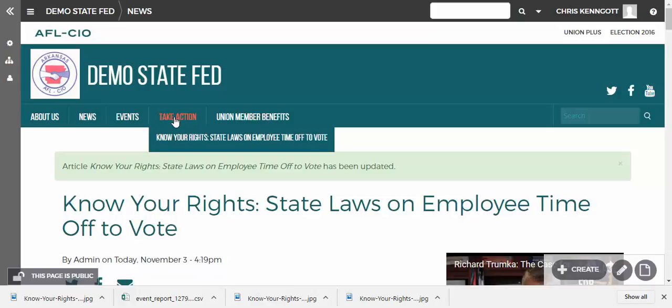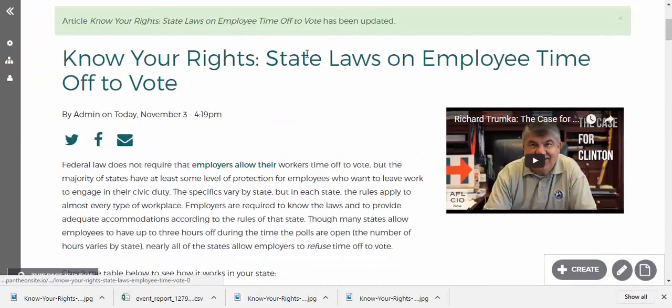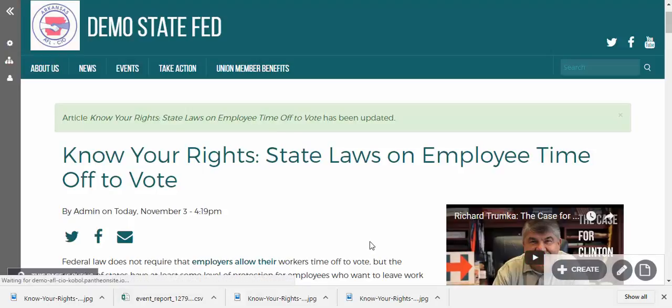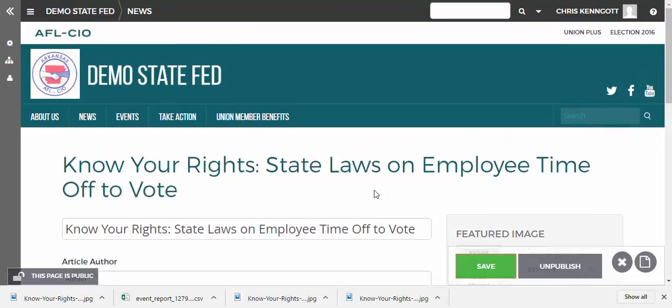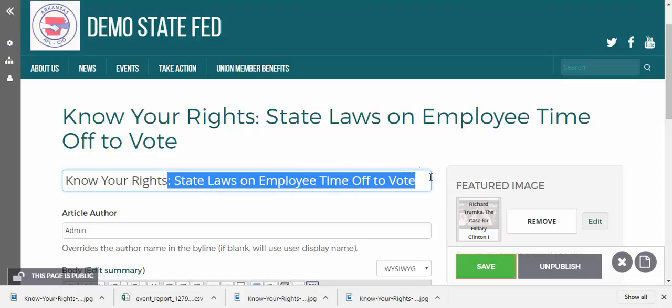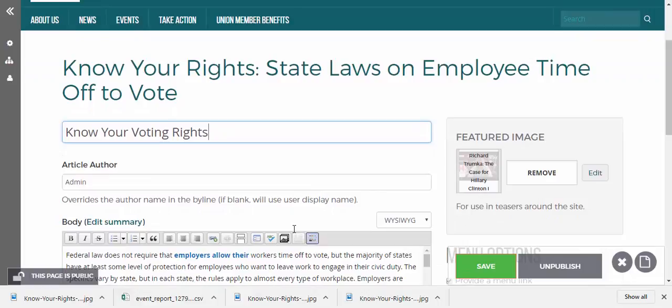And now I might think, well, okay, I like it under the take action section, but it's a little bit long. I think the name is too long. So I'm going to go back in and again, in order to edit my article, I have to be in my article, which I am. So I'm going to go ahead and edit my article. So it's too long. So what if I just say, know your rights. Or I'm going to say, know your voting rights. Okay, so if I save that,